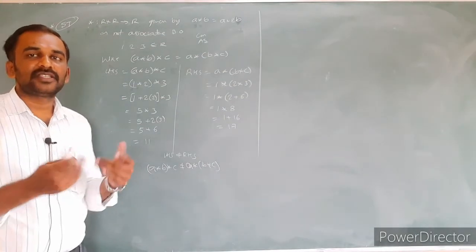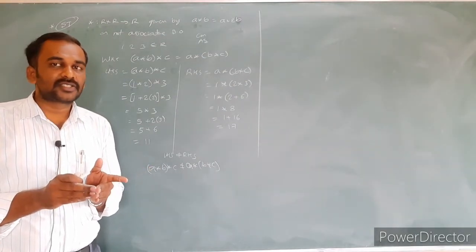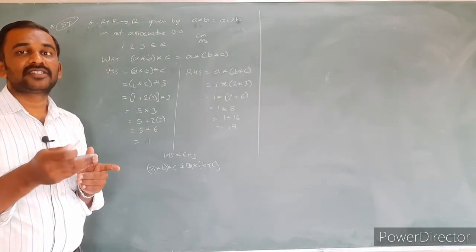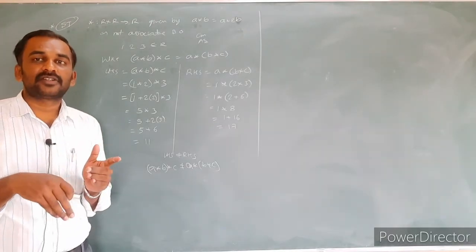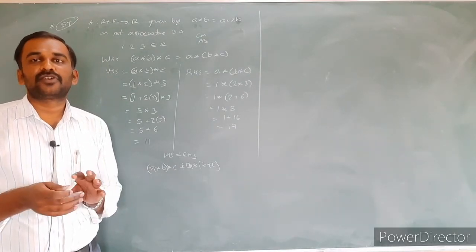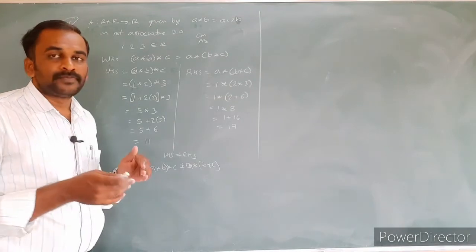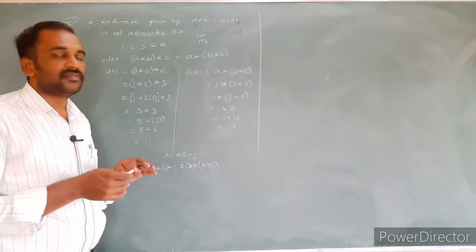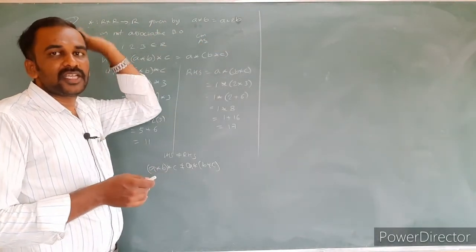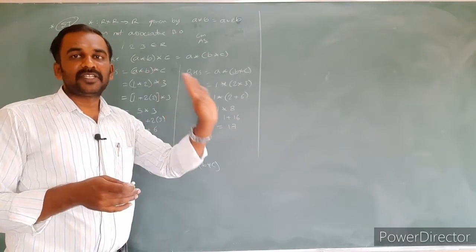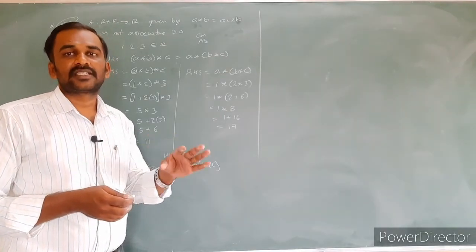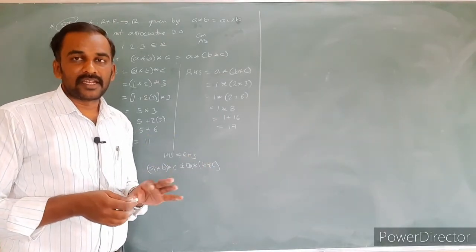If it is not a binary operation, then there is no question of checking the commutative and the associative binary operation. Why? Because the definition only says that if star is a binary operation, then only is it commutative or associative. How to check whether it is a binary operation or not? Check whether the resultant number belongs to the given set or not. If it belongs to the given set, yes, it is a binary operation. If it does not belong to the given set, it is not a binary operation.